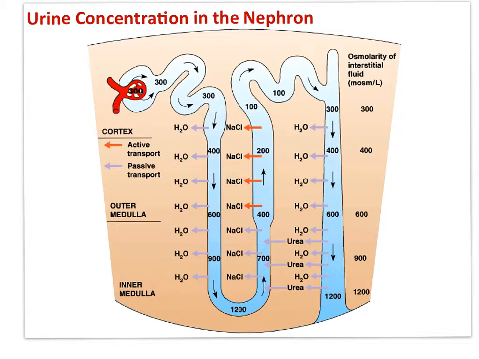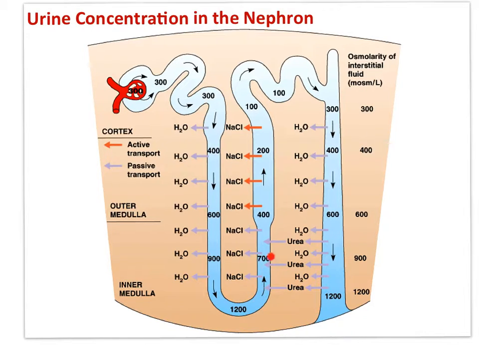Now, the process is far more complex than my simplified explanation, involving a countercurrent flow that you can see here, but as a way to understand what's going on, let me start here, deep within the medulla, with the filtrate highly concentrated at the bottom of the loop of Henle. I will come back to how that's occurred, but as the filtrate moves up the ascending limb, it's important to